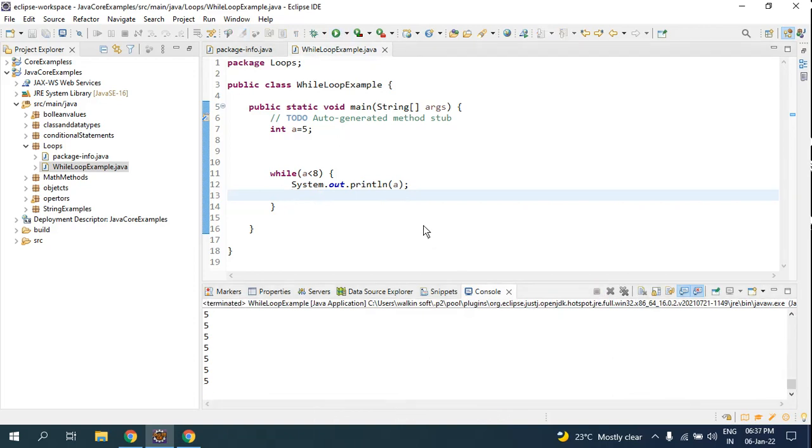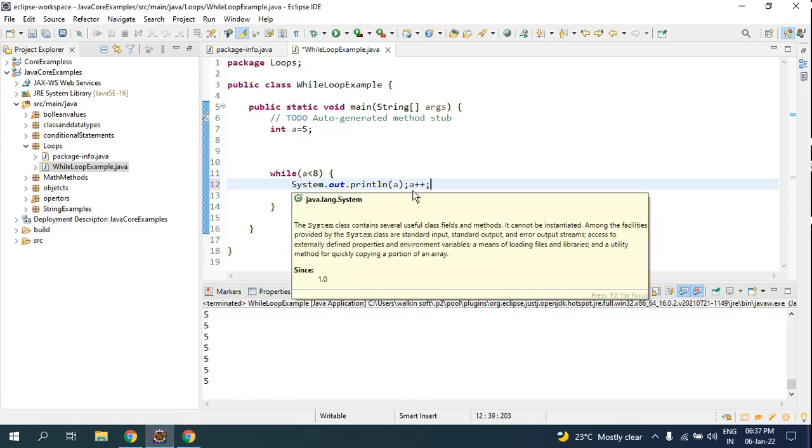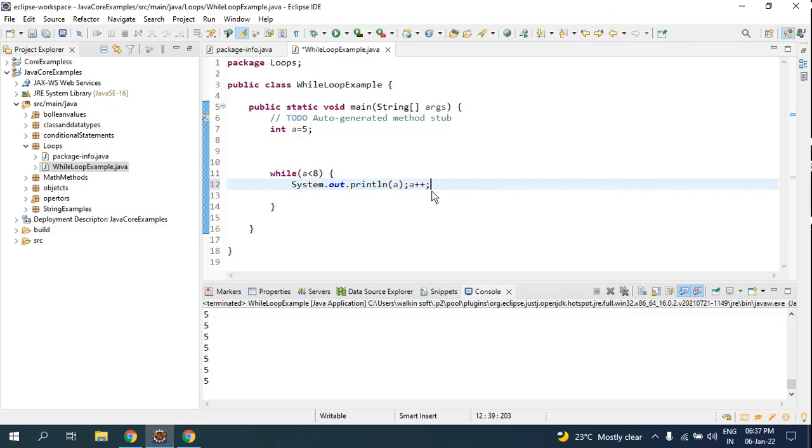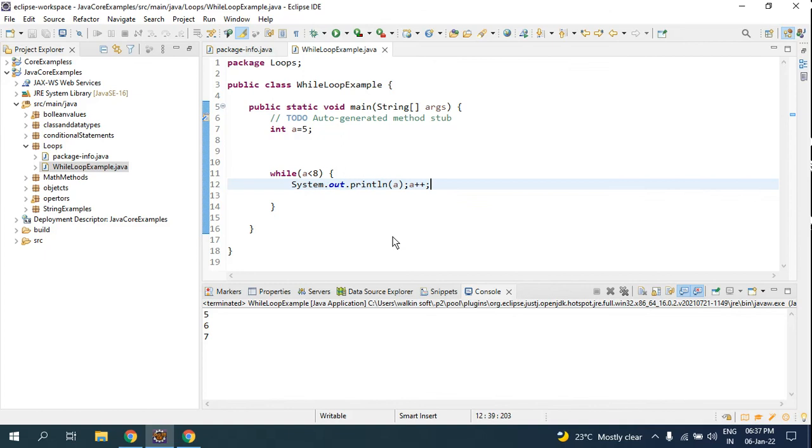So you have to give the increment here. Once you give the increment, it checks accordingly. Without it, the same value 5 will get looped every time, countless times. If you increment it, 5 becomes 6 and it will check. Again it will increment, 6 becomes 7, again it increments to 8, and the condition was to be less than 8, so the loop stops. Look now, if I run it, the loop stops. So you have to give this increment.